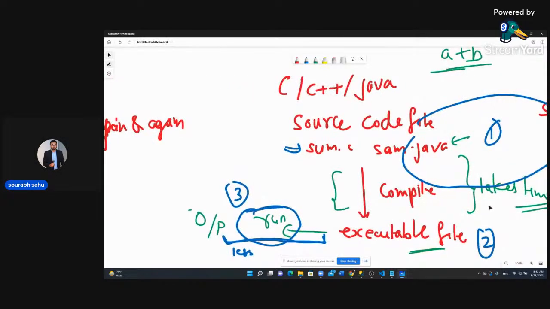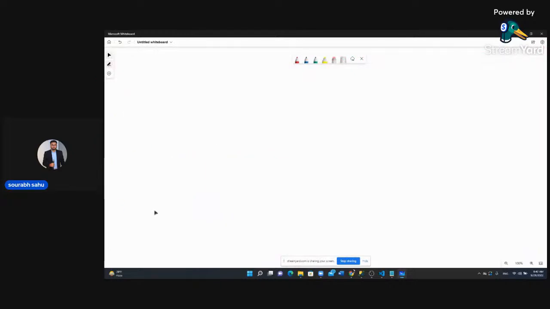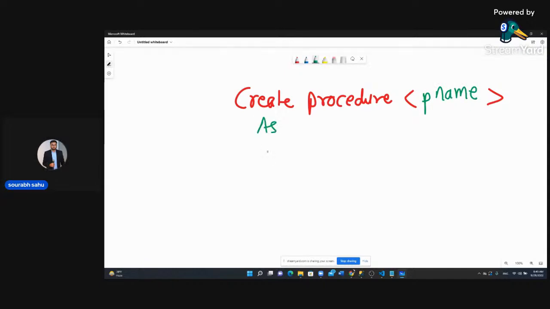For parameterized, create, you have to write as procedure, and then the procedure name, let's say dbo dot whatever the procedure name you want to give, p name, as begin, and here you have to write your parameters, param name and the data type, and here you can write your query